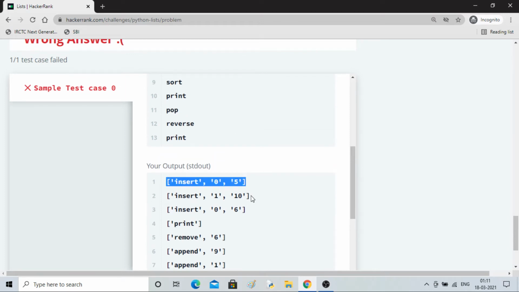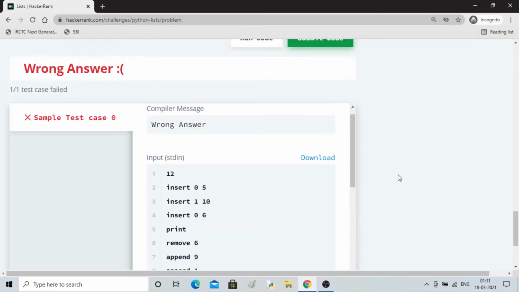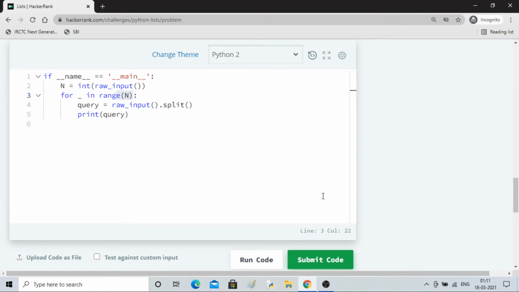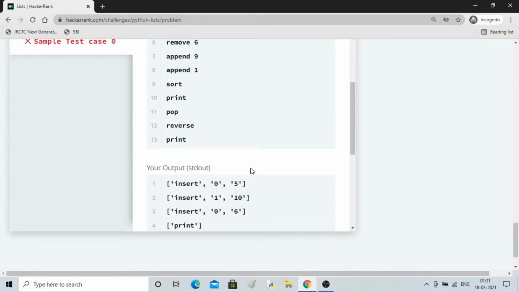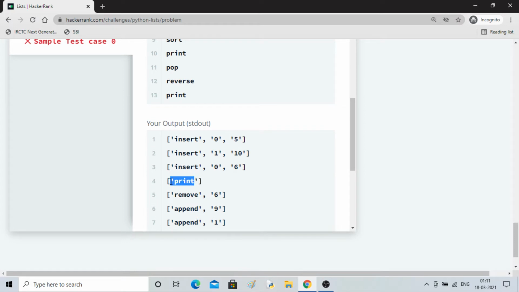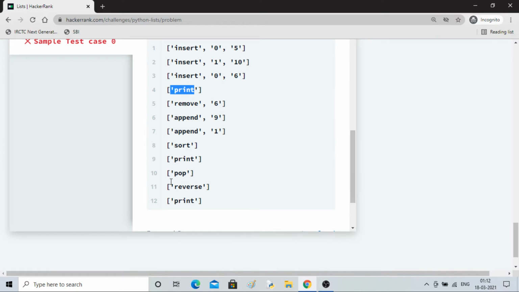So this multiple input array can be accessed like this. This is the 0th position, this is the 1st position, this is the 2nd position. So in query we can access like 0, 1, 2, and these single ones are only the 0th element. Okay, so that's how we are getting the input, so we can use it.